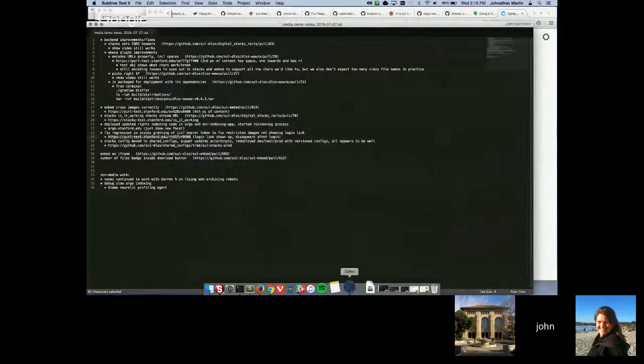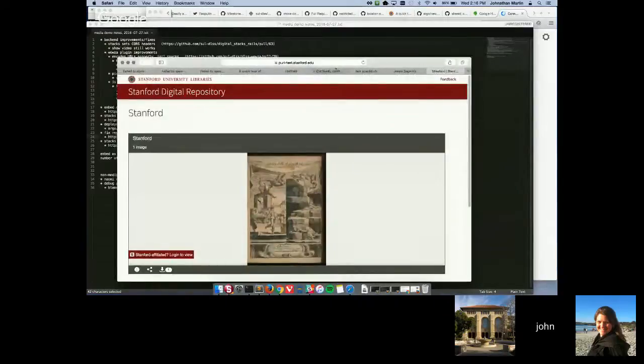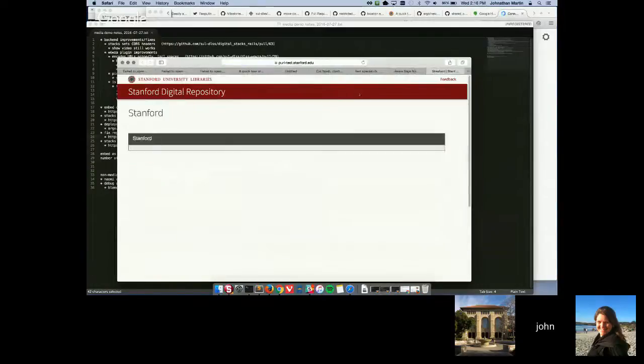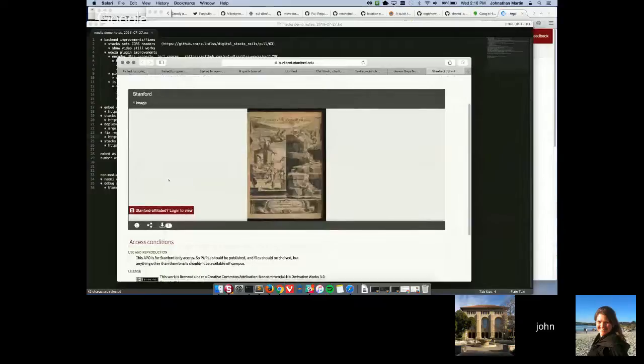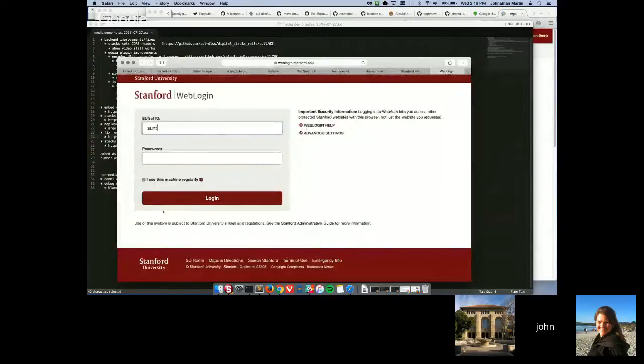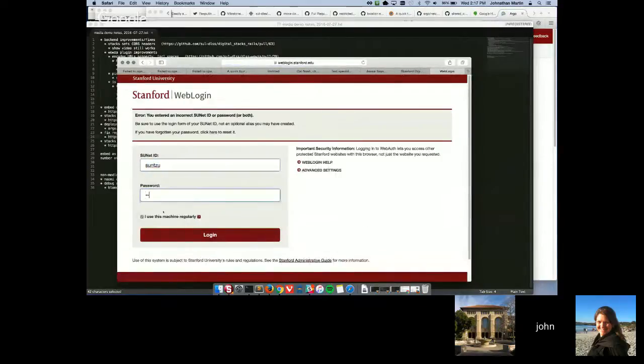While that's loading, I will show this. Previously, this login link was always being presented when viewing images because of a regression in the way the IIIF bearer tokens were granted. I click the login link, and I believe it's going to two-factor auth me. So I'm going to get my password right.